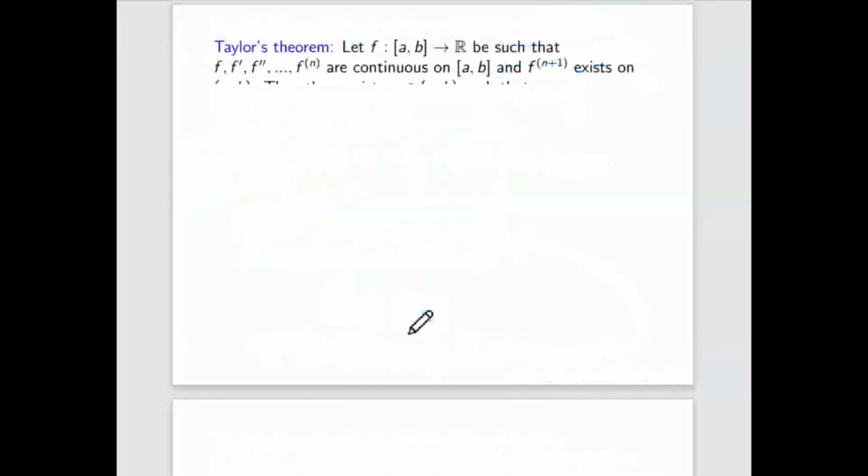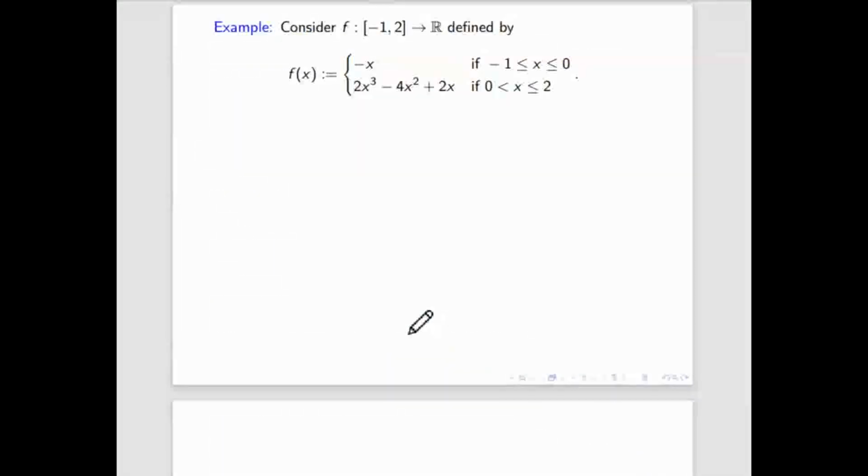Okay, sir. Now the last question for this maxima minima. Here you have to find the global maxima and global minima, like which one is the biggest and which one is the smallest. So the first question is: is this function continuous? Yes, sir, it is continuous. Is this function differentiable or not? Check carefully. Is it differentiable or not?